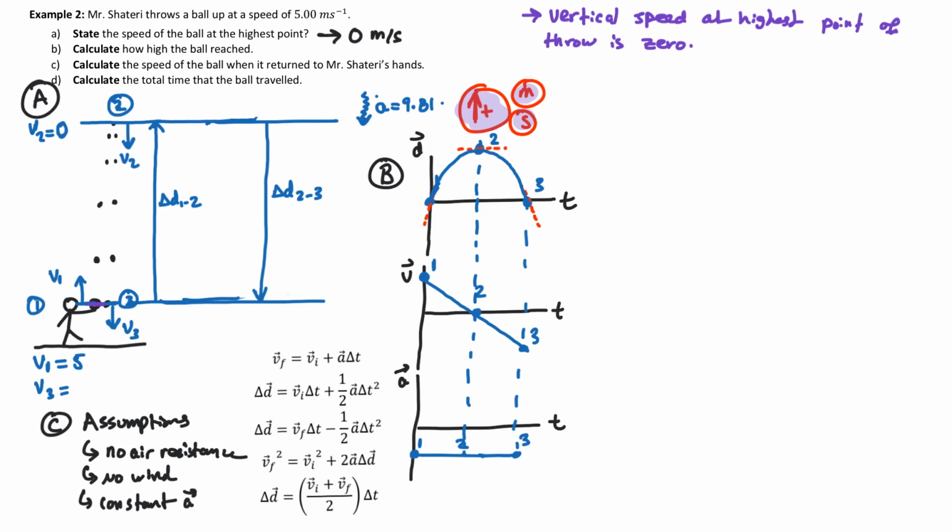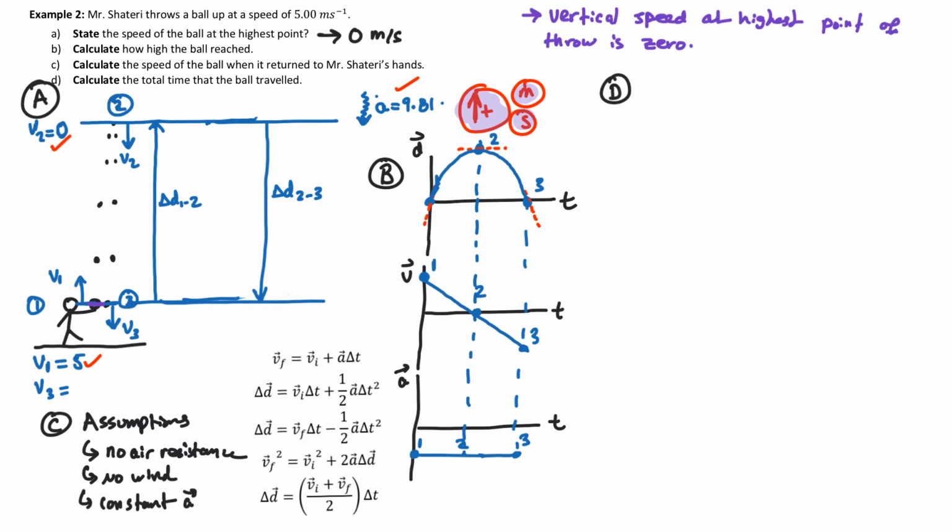Let's do part D, and our equations just appeared here, which is fantastic. First of all, we need to calculate how high the ball reaches. So we need to figure out the displacement from 1 to 2. That will show us how high the ball actually goes. The information that we have between stages 1 and 2 is velocity 1, velocity 2, and the acceleration. Acceleration is always the same